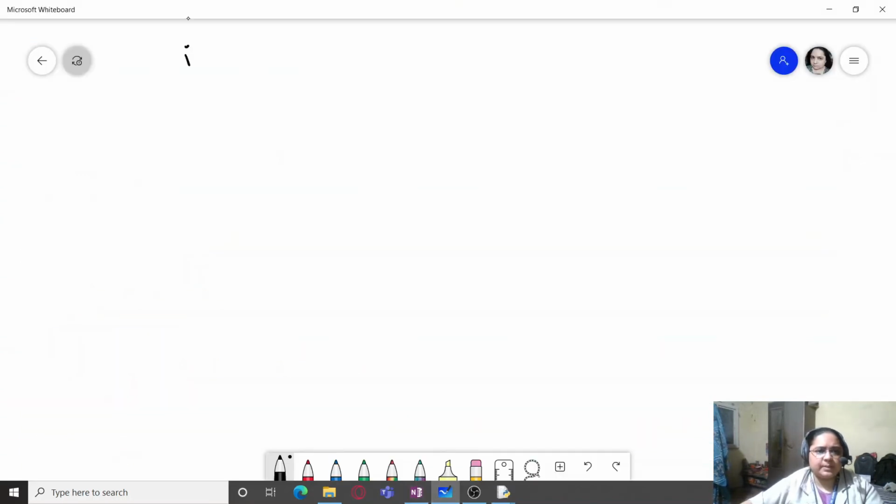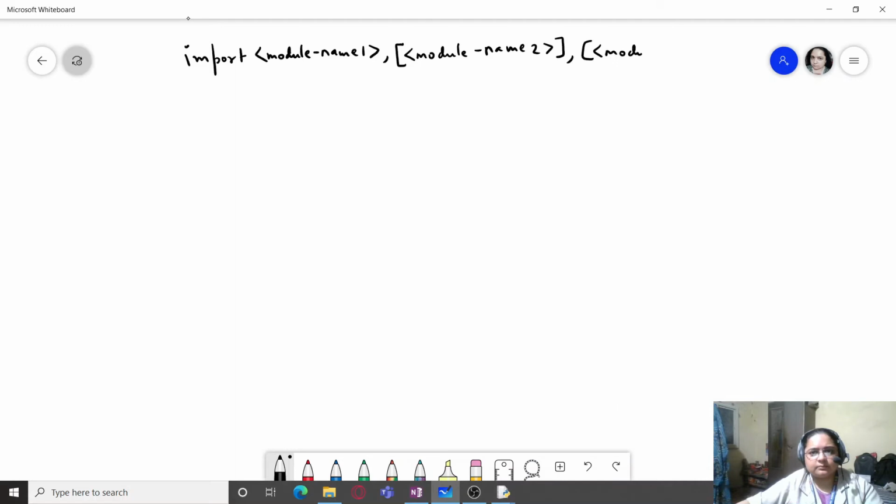For that we will be writing import module name 1 and so on. So you can see that importing one module is mandatory, but others are optional.